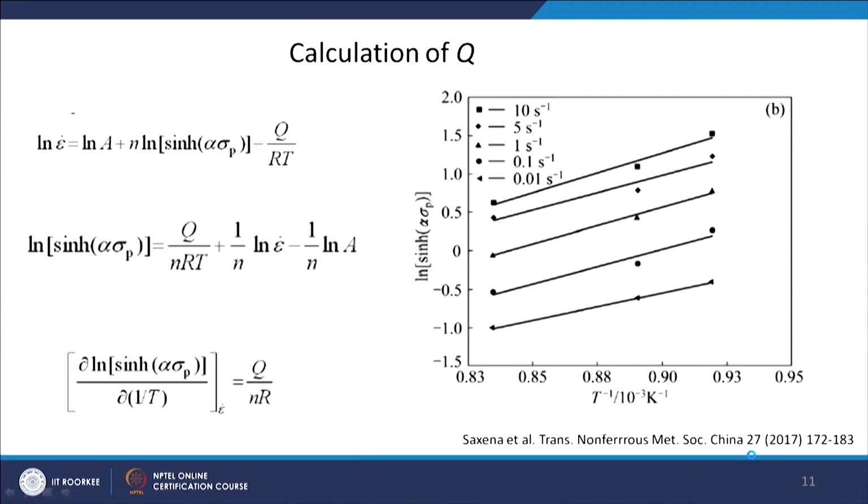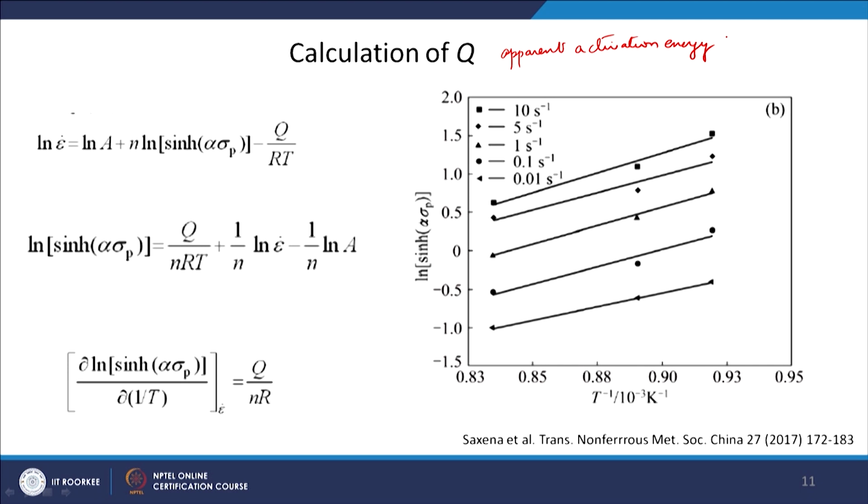Now, we want to know what the activation energy is. So, calculation of activation energy. For calculation of activation energy, our temperature will change and strain rate will remain the same. Also please note, I forgot to mention it earlier, that these are all apparent activation energies. One activation energy you also get from the diffusion data. Those are true activation energies. These are apparent activation energies.